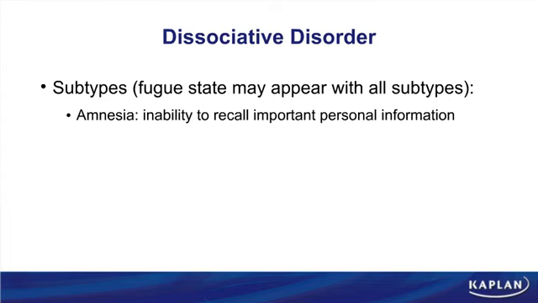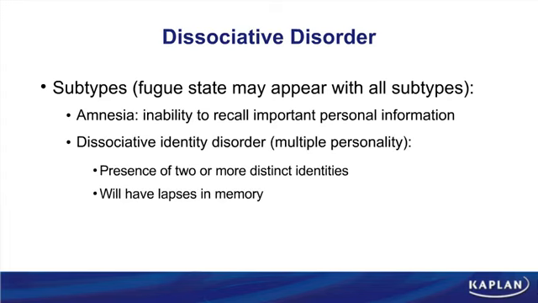The dissociative identity disorder is the name for what was formerly called multiple personality disorder. These are the individuals who have at least 2 or more personalities, or alters, as they are also called. And you're going to have multiple lapses in memory. For example, I remember going to work on Monday, and then I remember waking up on Saturday. What happened to Tuesday, Wednesday, Thursday, Friday? Well, what probably happened is that my second personality came out, was out during those days, and I was unaware of what was happening during those days.